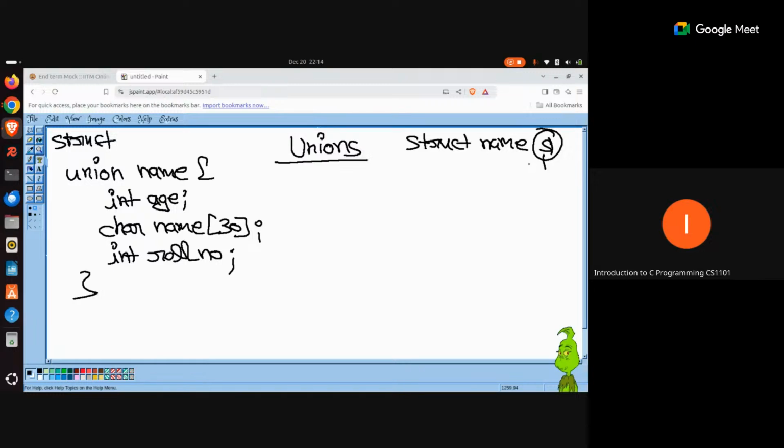Let's not talk about the actual size, because that may depend on the padding. I'm talking about the minimum size for this S1 variable if this is a structure. Can someone tell me the minimum size? So 38. Yes, the minimum size is going to be 38 because int will take 4, this will take 30, this will take 4. So 30 plus 4 plus 4 becomes 38. So 38 bytes is the minimum size that a structure variable will take.